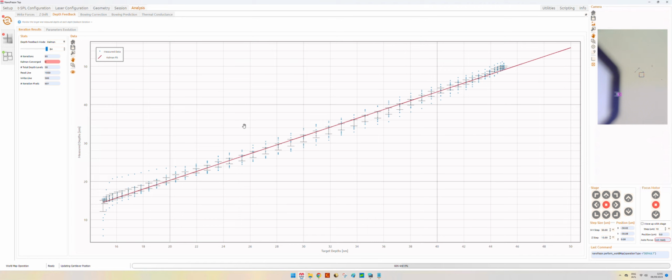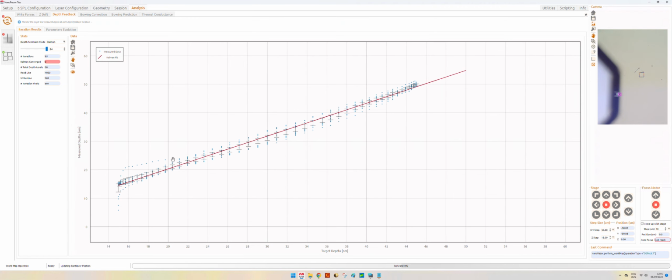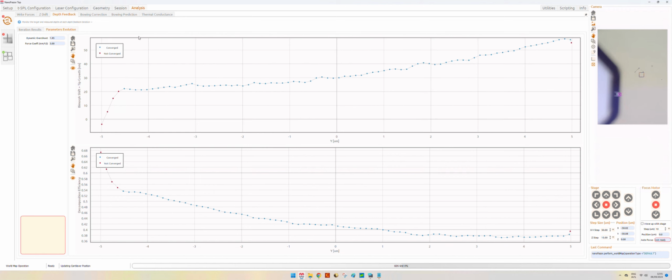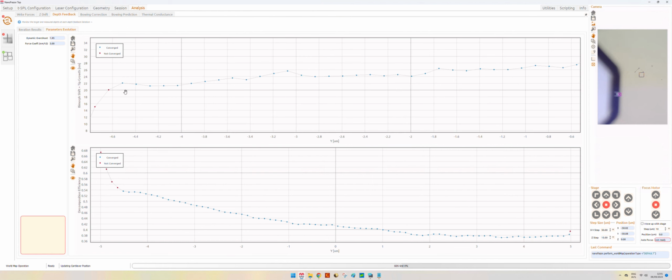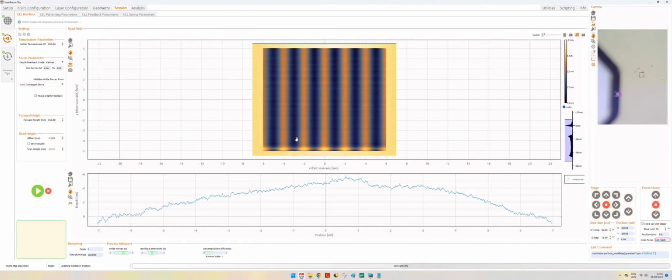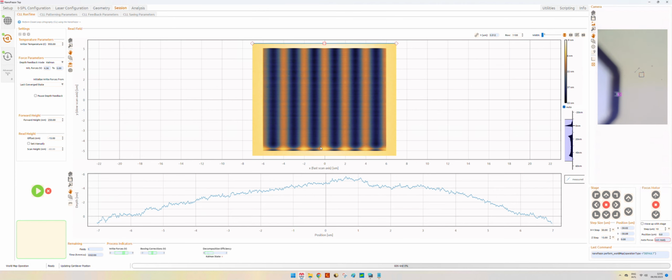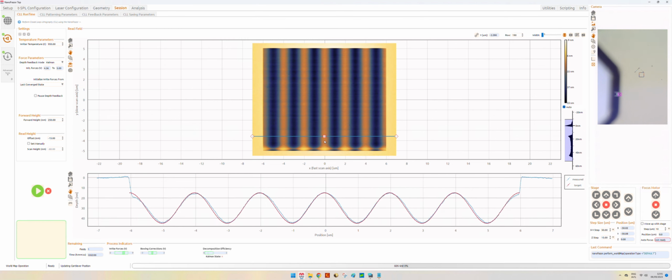If you want more information regarding these specific analysis tabs, you can also consult the user manual. We can also see the depth feedback for the Kalman, so we can have an idea of the evolution of the parameters that give us an indication of the convergence of the feedback. In this case, at around minus 4.5, we have the convergence of the Kalman feedback. Minus 4.5 is around here. Initially we have an adjustment of the forces, and then we converge at around here.